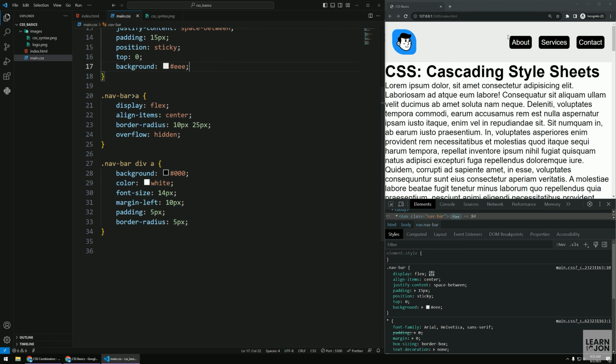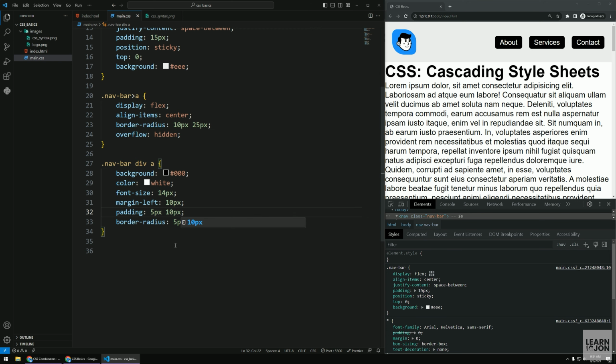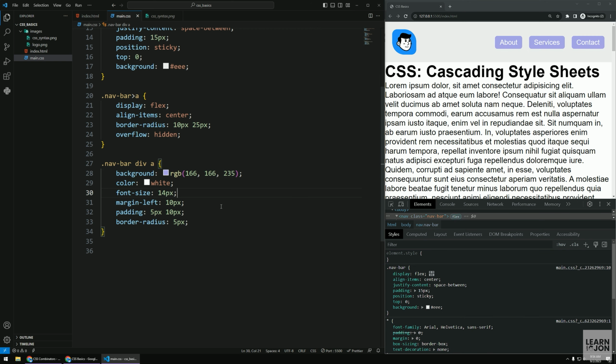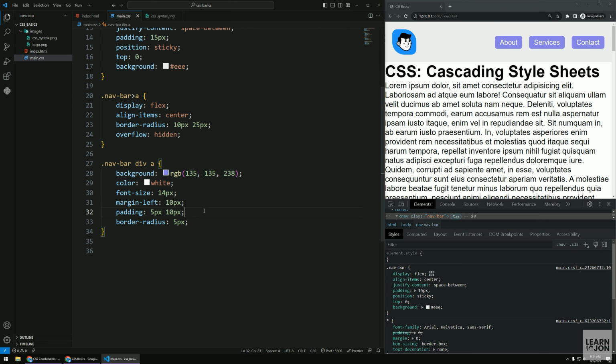And for the background of my buttons, I don't want that. In fact, I want more padding on the left and right than top and bottom. So remember, the first one is top and bottom, and then 10 pixels on the left and right. There we go. The background, for example, I want them to be some light blue. Sorry, I usually use hexadecimal values, but for this, I'm going to use this one. There we go. Maybe it's too much. Now it's RGB. Anyway, so that's one. Before we move on,